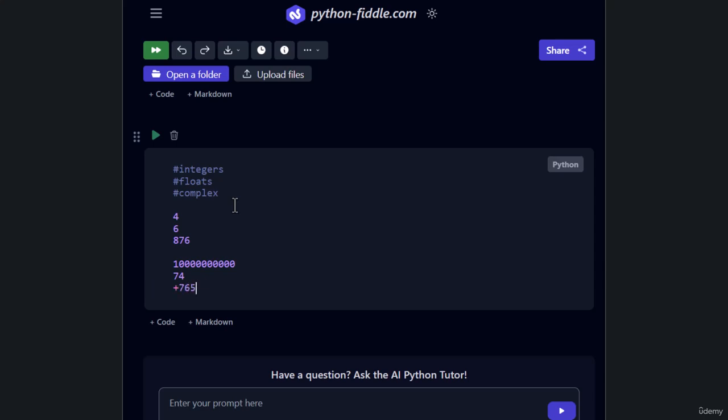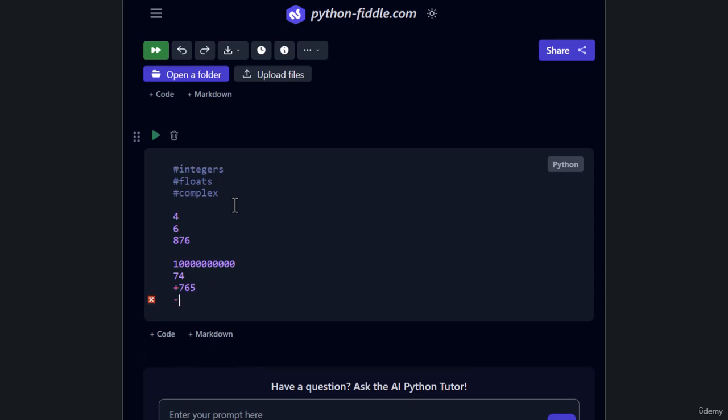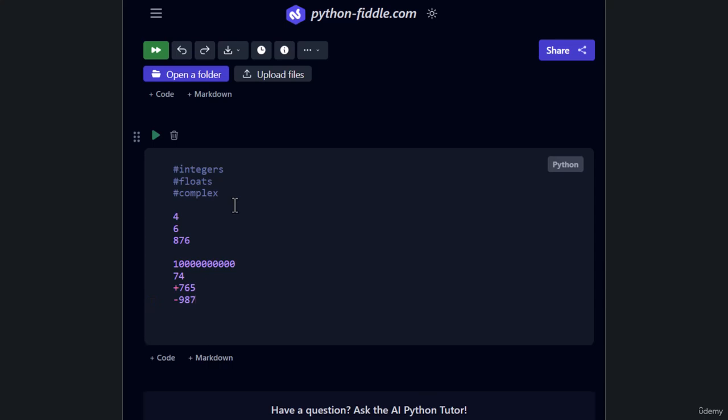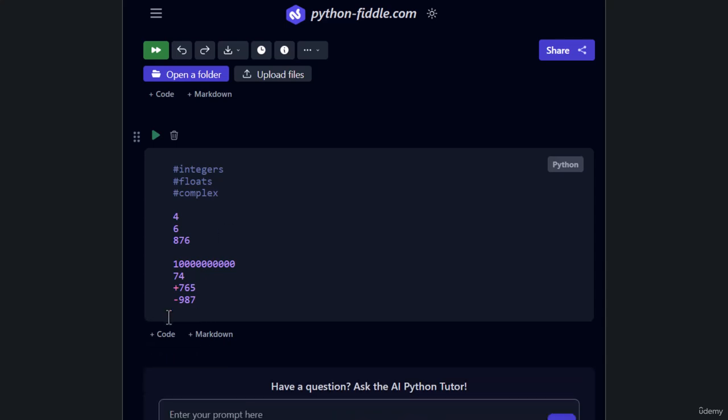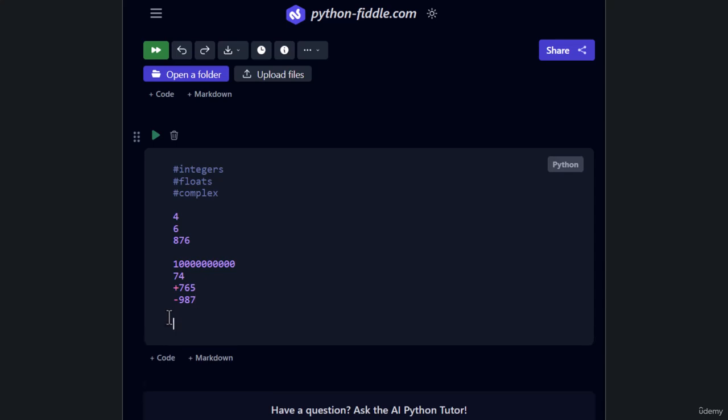765, and the positive sign is not necessarily needed to be added there, but you can have it if you want to. Or we can have negative numbers with a negative sign, let's say minus 987. The size and the sign of the number doesn't really matter as long as the number doesn't have a fractional part, a decimal point. If you want to store age of a person, integer is a very suitable data type